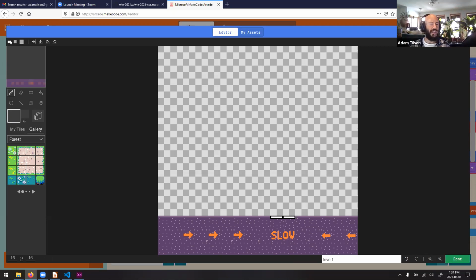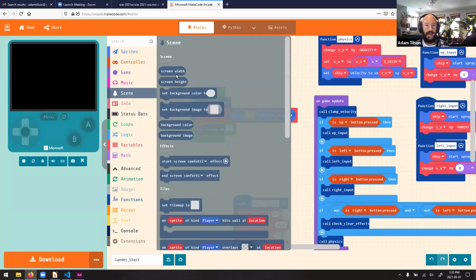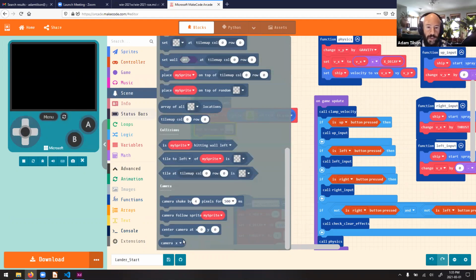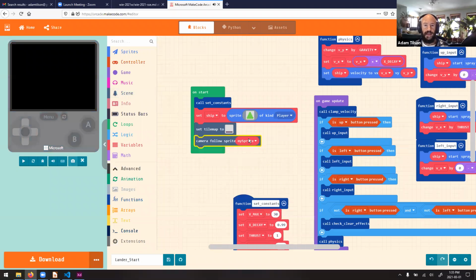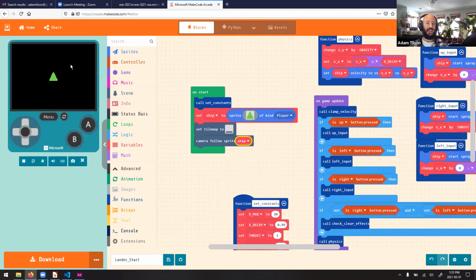So in game development, we call our screen a camera, and we just want the camera to follow our ship. So we can hop into the scene section here and look way at the bottom, camera follow sprite, my sprite. We want to click that into on start, and we want to change my sprite to ship. And now when this restarts,